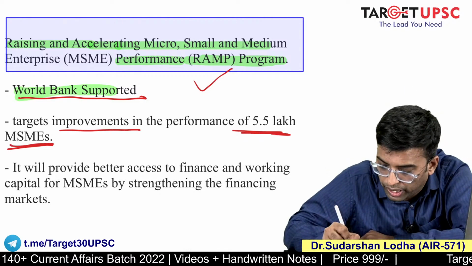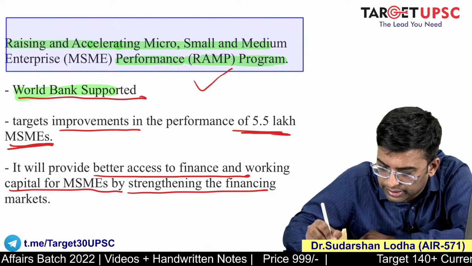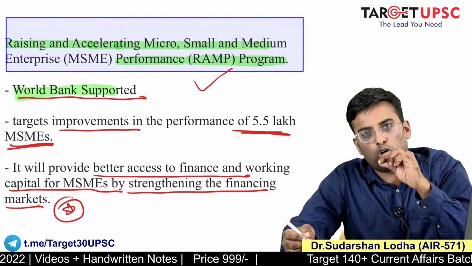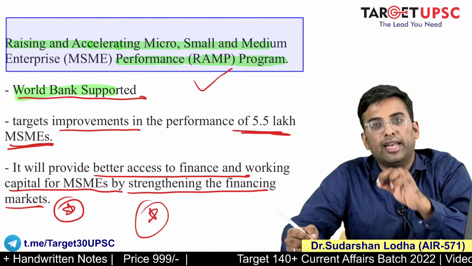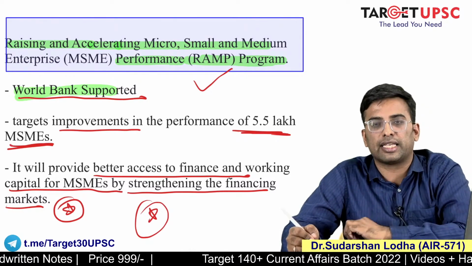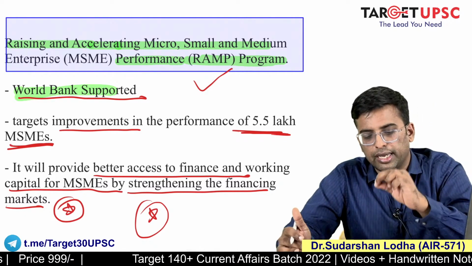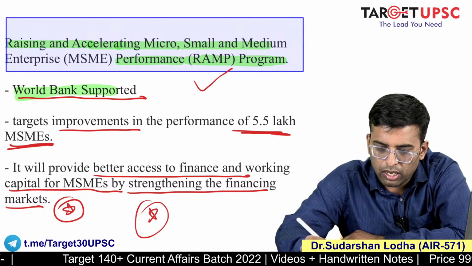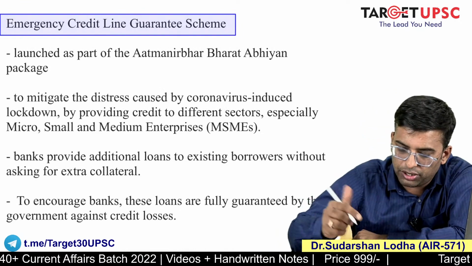and this program will provide better access to finance and working capital for MSMEs by strengthening the financing market। तो side by side, rather it also aims at improving performance and ensuring that MSMEs get finance at low cost and finance is accessible to MSMEs। तो ये एक important चीज आपको पता चाहिए, that is Raising and Accelerating MSME program, RAMP program, you should know। Moving forward, another important term which was used in budget and always in news is